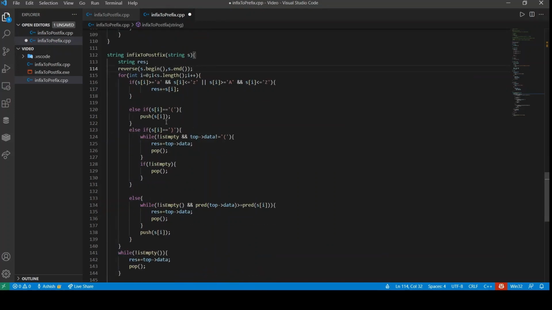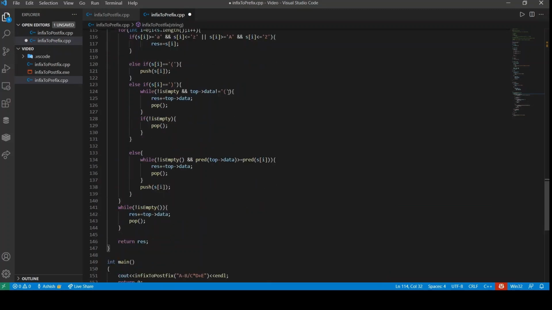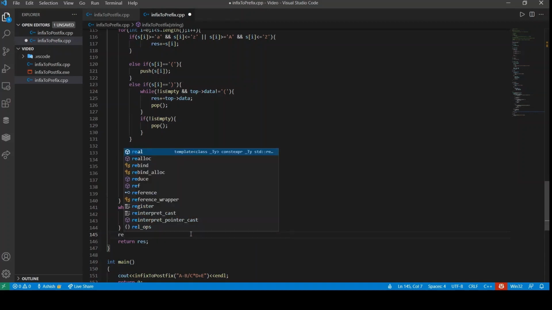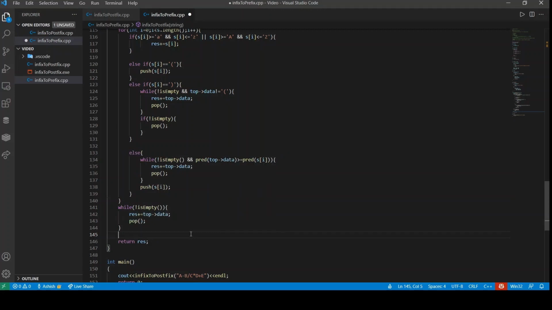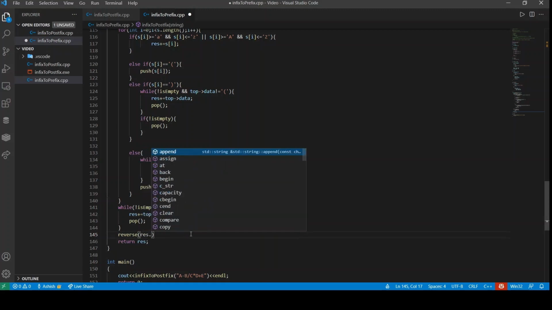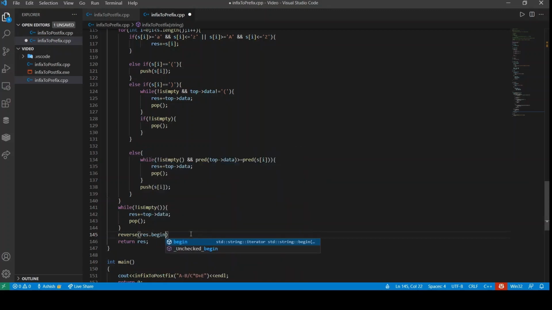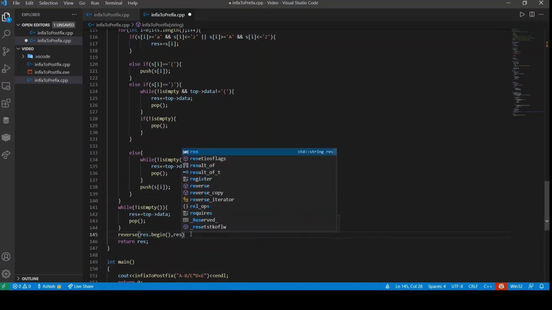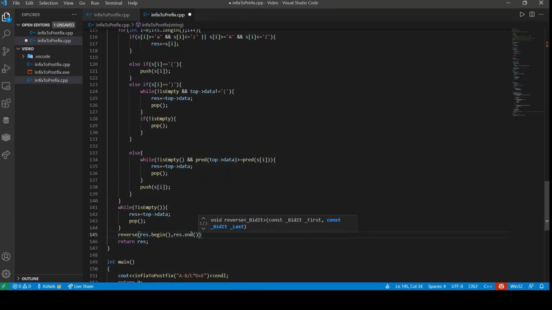And then similar things it will go through as the postfix function. And then before returning the result, we again have to simply reverse the result, right? Because that is what we want. We want the correct answer. So we need to again reverse the result as well.